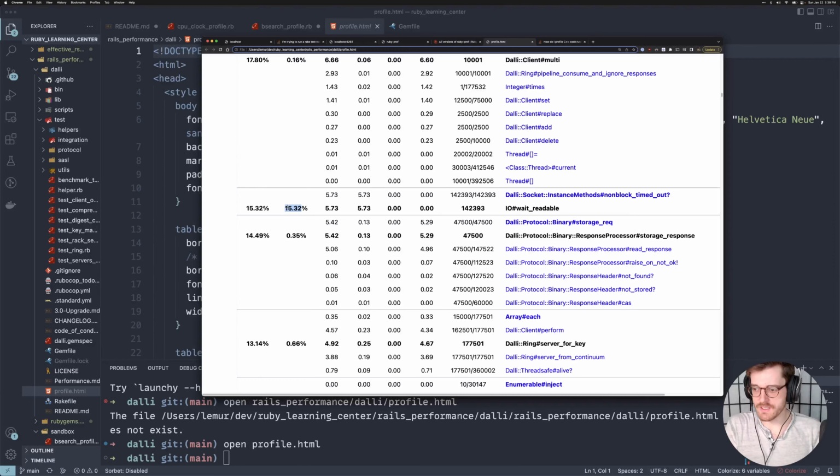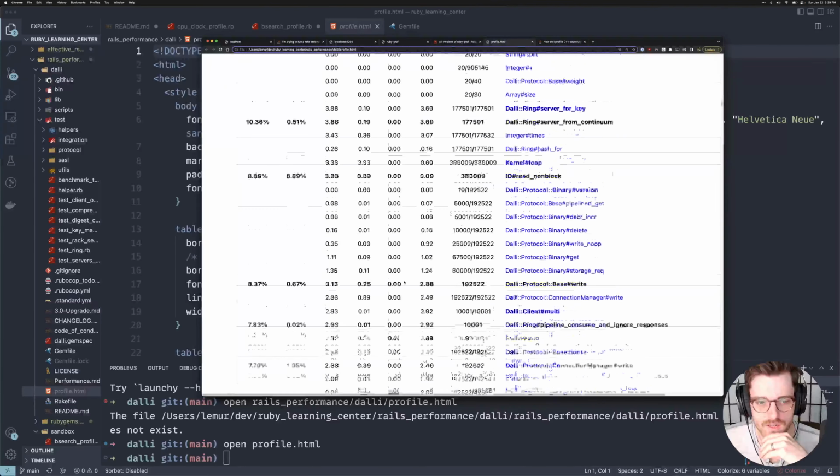And what the book mentions is that Dolly is spending about 30% of the time on reading and writing in IO methods, since it's fundamentally a library for taking database calls. And it says almost all the methods take less than 3% of the time, meaning it's fairly well optimized. And since the book, it looks like the IO read wait, or rather wait readable, has been optimized a little bit more, or some of the other methods are taking a little bit longer. So